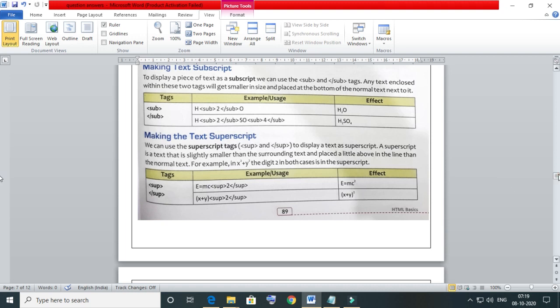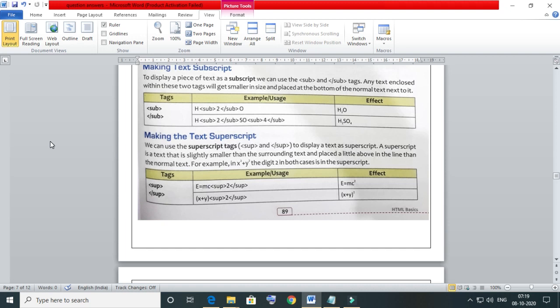So to display a piece of text as subscript, we can use the sub tag, on and off, and any text enclosed within this will be a subscript and will be smaller in size and placed at the bottom of normal text next to it.